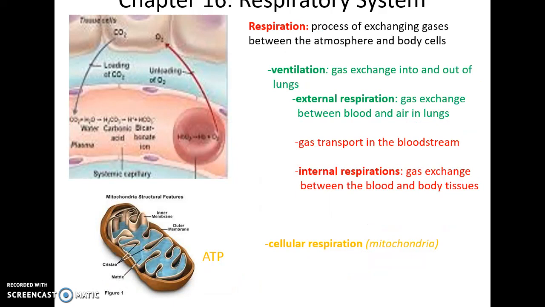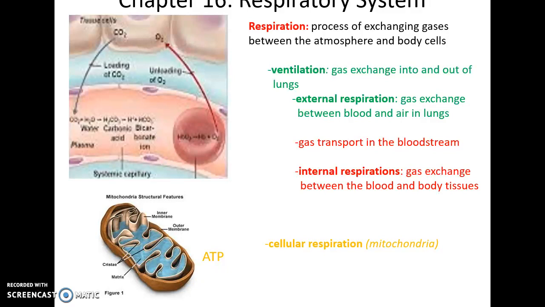From there, we have the oxygen in the bloodstream being transported to the tissues. Then internal respiration, the exchange of the gases between the blood and the tissues of the body. And then finally, cellular respiration, where the oxygen is brought into the cell, goes to the mitochondria to produce ATP. Carbon dioxide, the waste, is produced and then sent out to eventually end up in the bloodstream and breathed